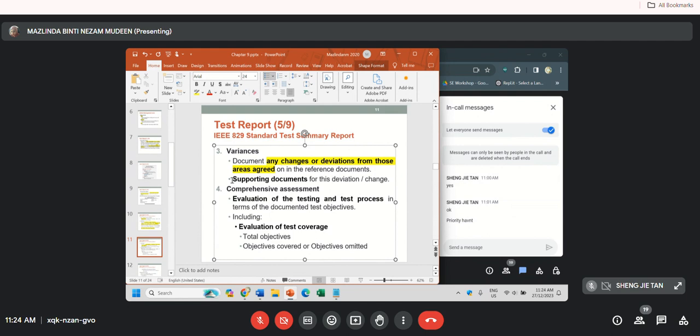So you need to also put together the proof or the supporting document which can support what happened. It means the incident happened, what impact it has caused, and then where is the changes happen,